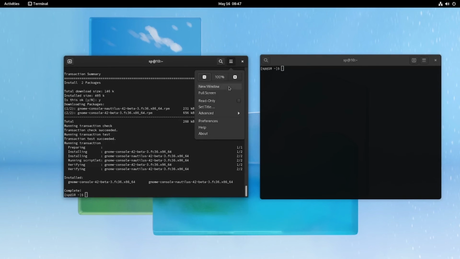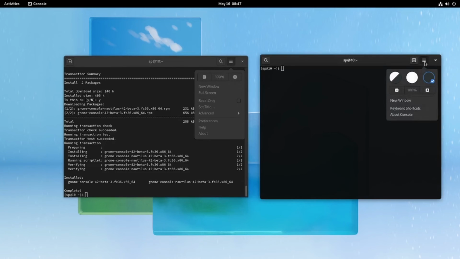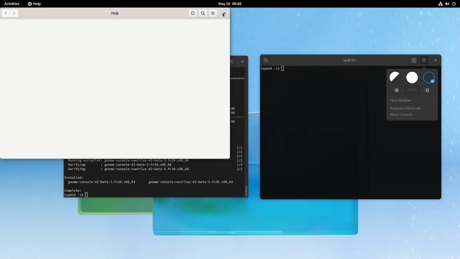In here, we have some settings that we can change, and in GNOME Console, I don't think I have settings that I can change like in the old GNOME Terminal.